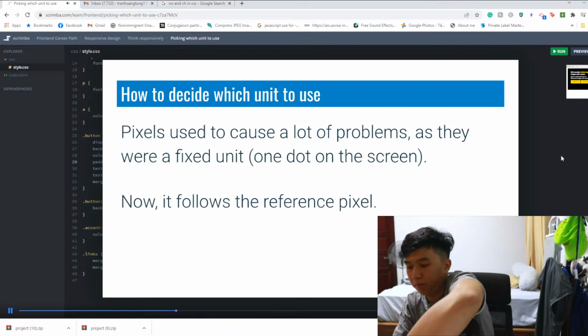But with the reference pixel, the idea is they switched the pixel. Instead of following a dot on the screen, it's following a set size, just like an inch or a centimeter would. I'm not going to get too much into it. It's pretty much 1/96th of an inch, and the way they calculate it is that if you're an arm's length away